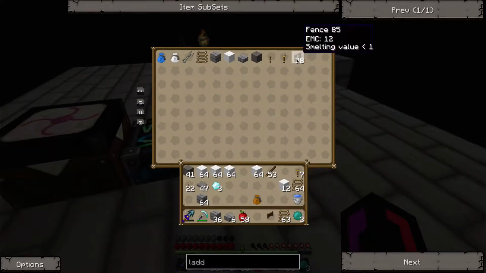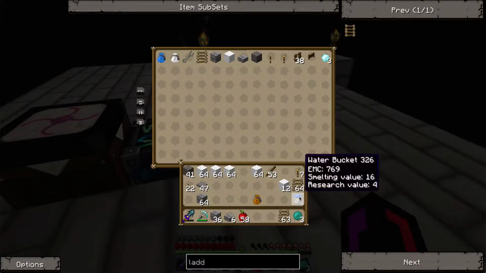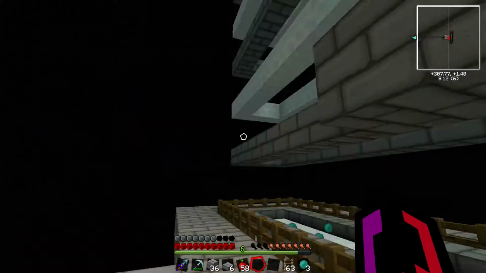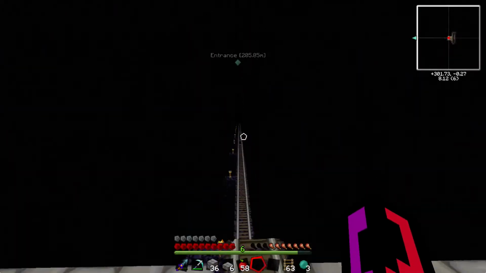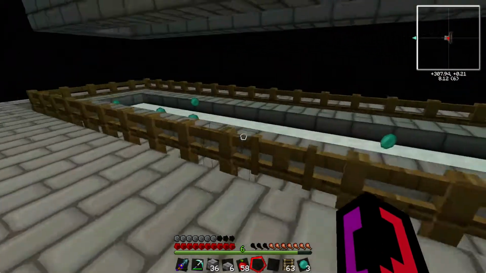Anyway, gonna go ahead and put these up here. I should put the diamonds away too, just in case. I also have a bucket of water. Once we get the roof section done and spread this out along the track a little ways, we'll cover the whole thing with water just to keep it from